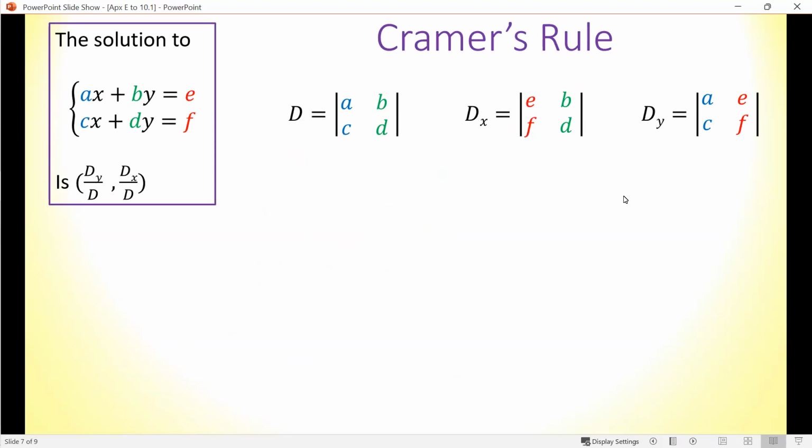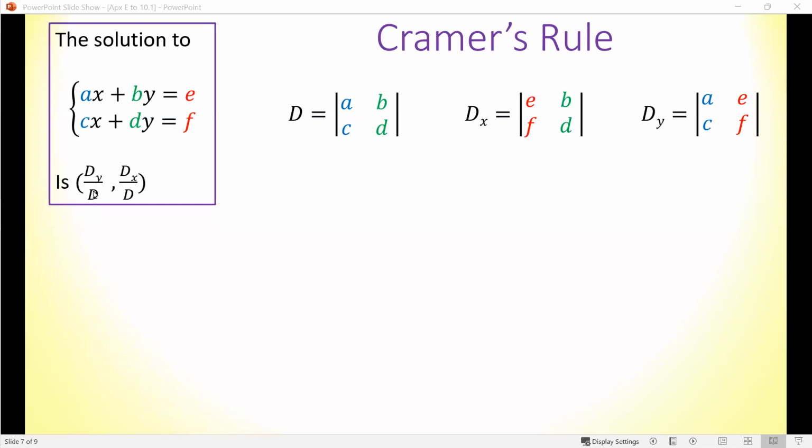Now that we know how to take the determinant of a square 2 by 2 and 3 by 3 matrix, let's take a look at Cramer's rule, which actually allows us to use matrices to find the solution to a system of equations. So Cramer's rule basically says that the solution to this system of equations in 2 variables is